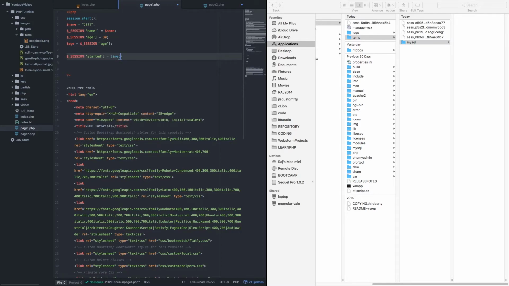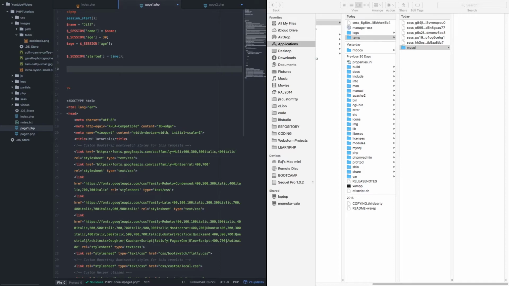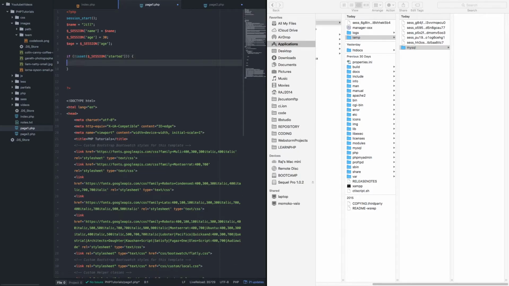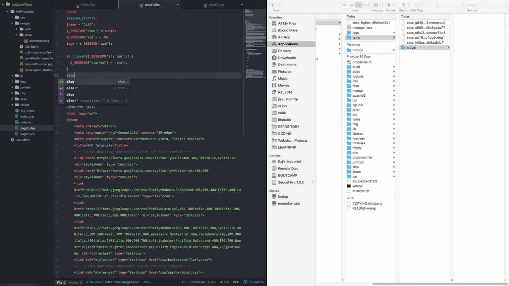So when the first time a session is started, it's going to set up the time in the session variable, and then I can run a check here if it's at underscore session started, and let's just say if it's not started, then I'm going to start one for me, else